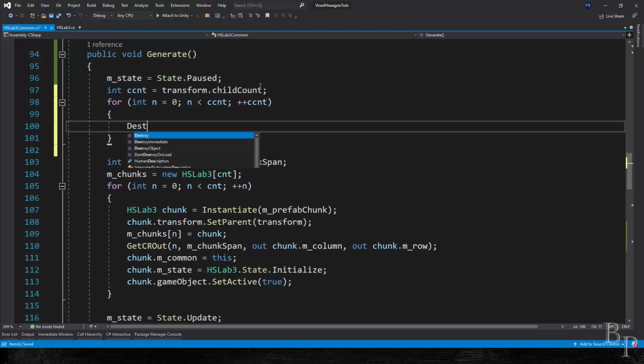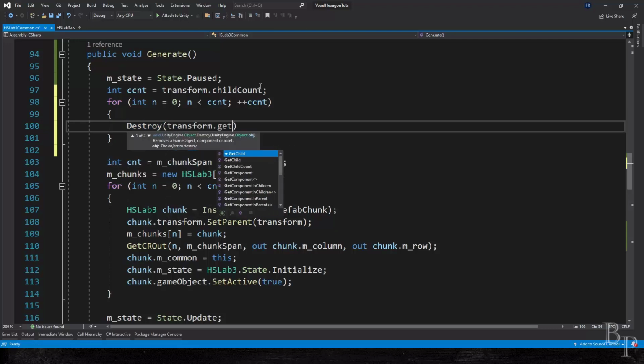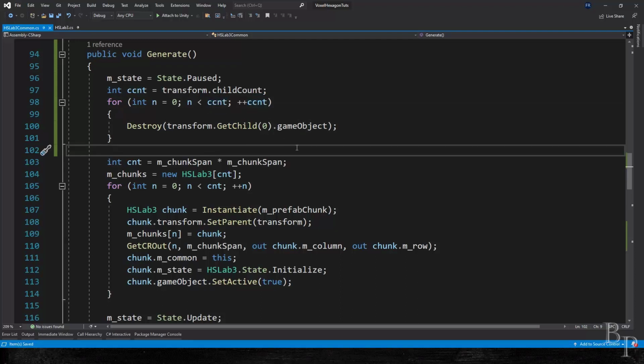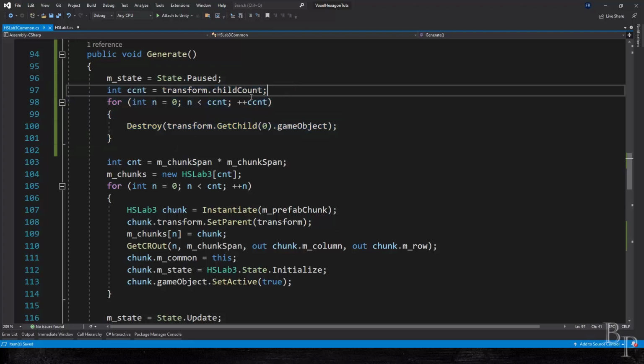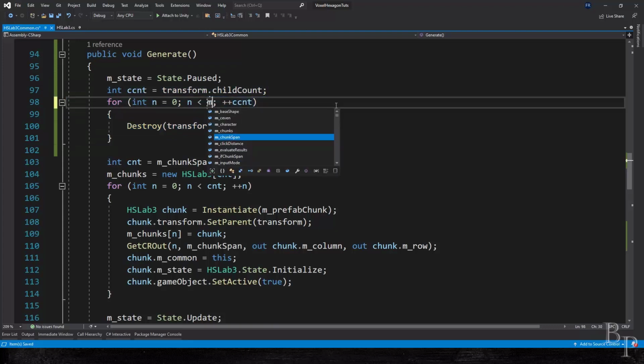And I believe this one is transform get child 0 dot game object, because we're deleting them immediately, so we just keep on deleting 0 over and over again. Actually, we have those. Come to think of it, let's do it that way. We have these in the chunk